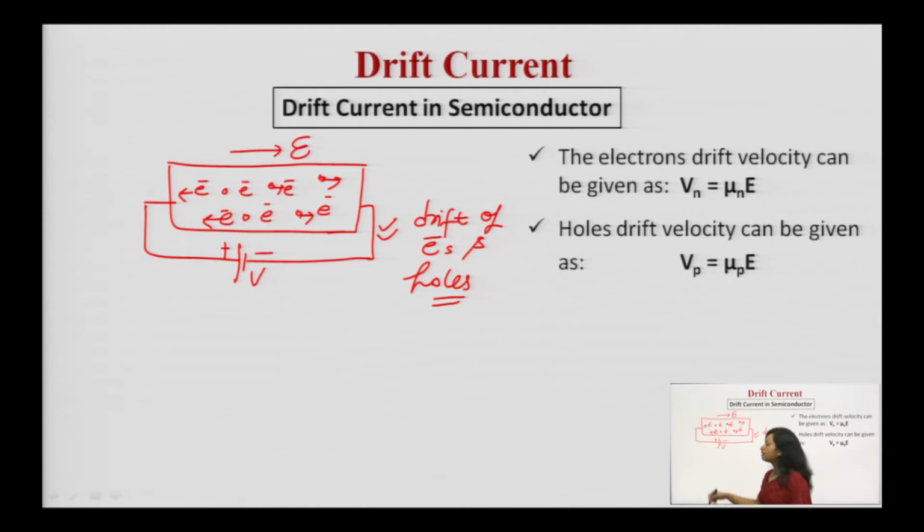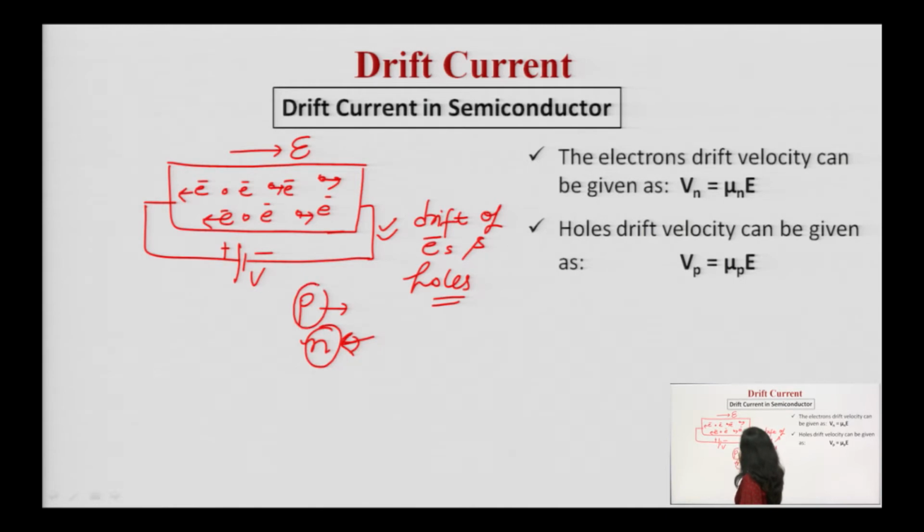And the concentration of electrons, the concentration of holes, or you can say the number of charge carriers, electrons and holes, may vary. It totally depends upon the doping, how much impurity is being doped over there. So this is how you can explain how the holes are being drifted and how the electrons are being drifted. Now you are observing holes drifting towards the right, while electrons are drifting towards the left.